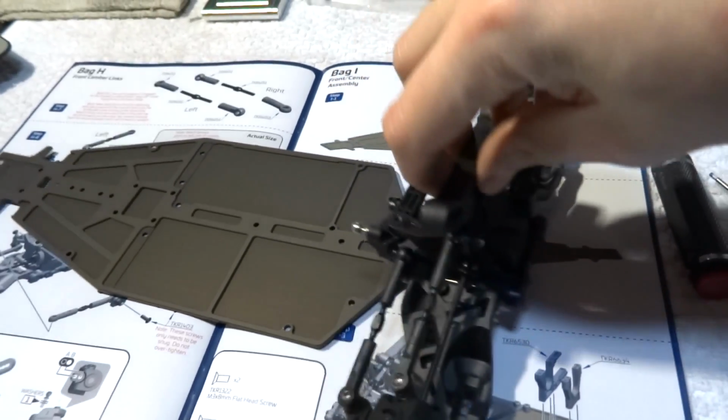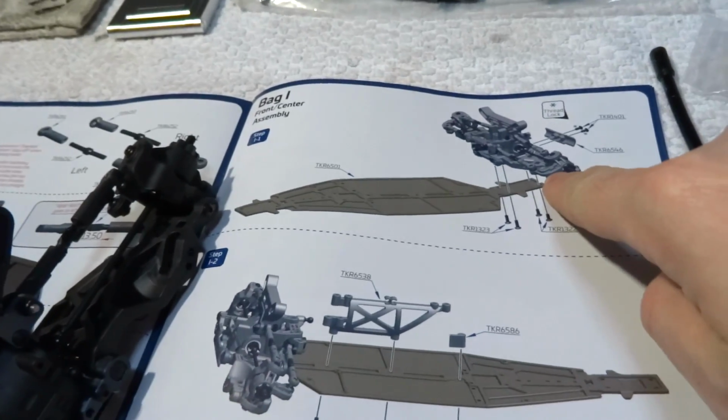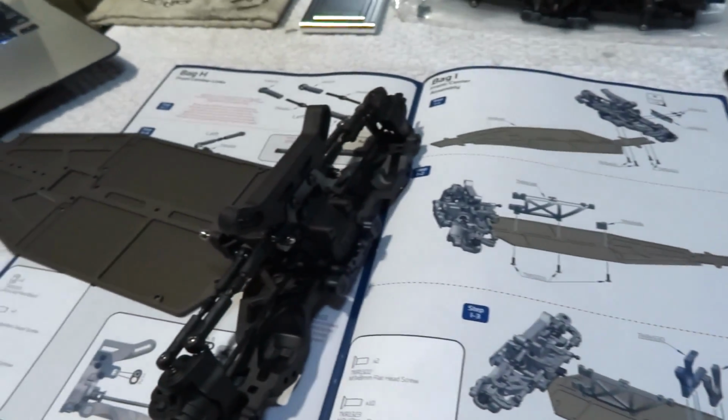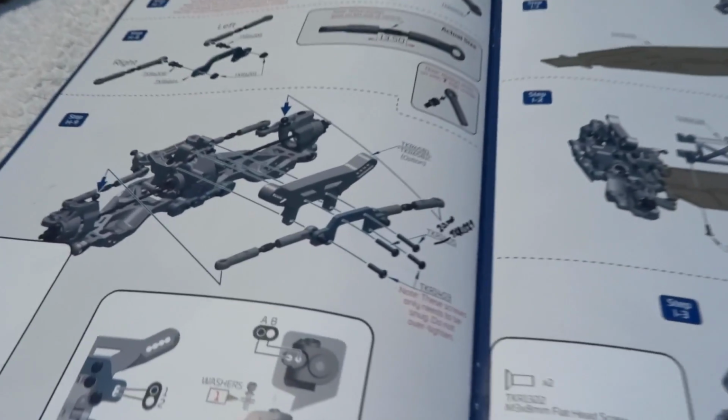We plunk this onto here, and the bumper goes on the front. Bolt the front end on, and then the chassis brace, and then the motor mount. So that's where I am right now. The only thing so far that I've changed out of the factory is